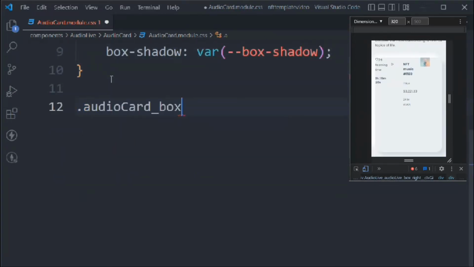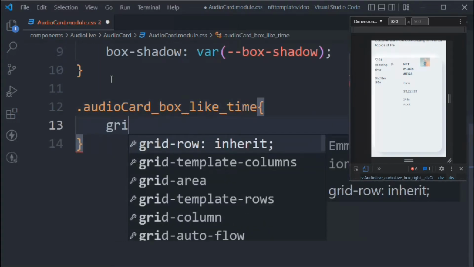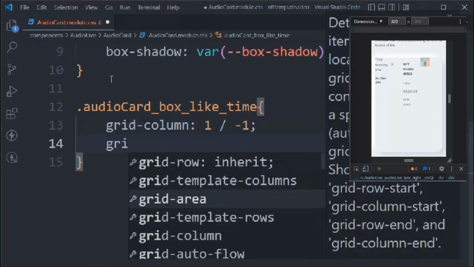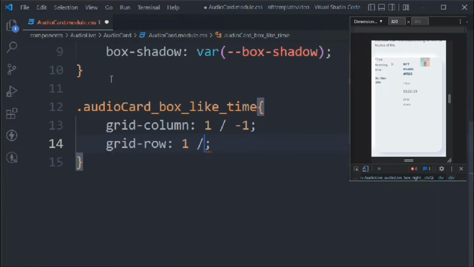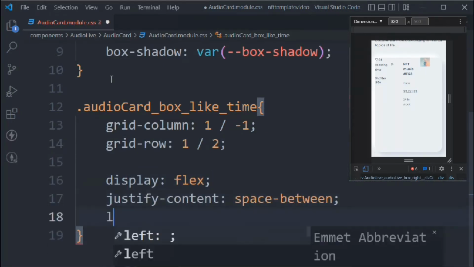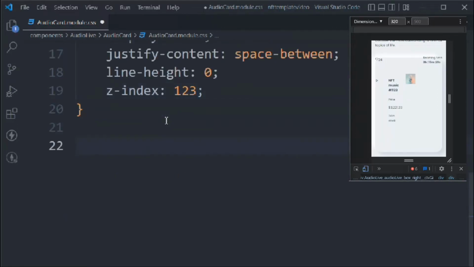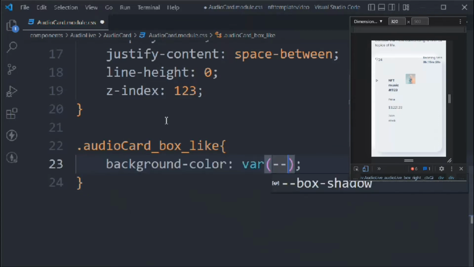We'll target the audio box like sections time, and we'll say grid column 1/-1, and grid row is going to be 1/2. Display is going to be flex and justify content space between. Align items 0, and z-index is going to be 1 to 3, something big. Okay, let's add the like, and background color is going to be our icon color,